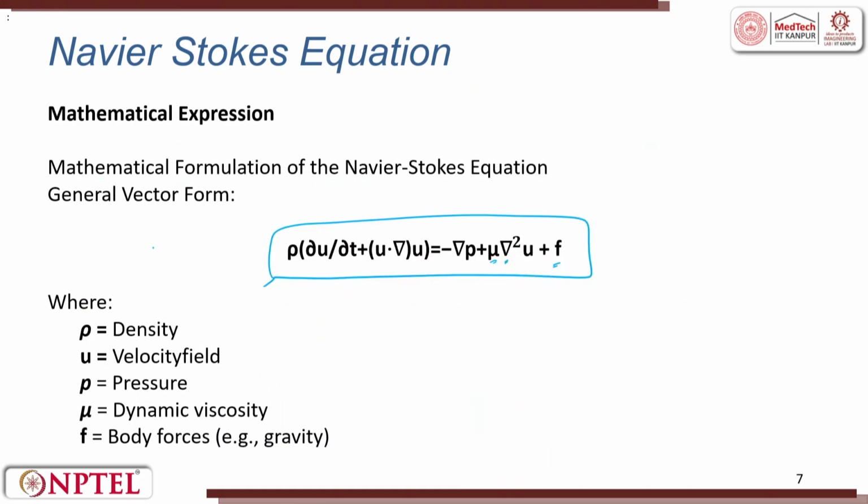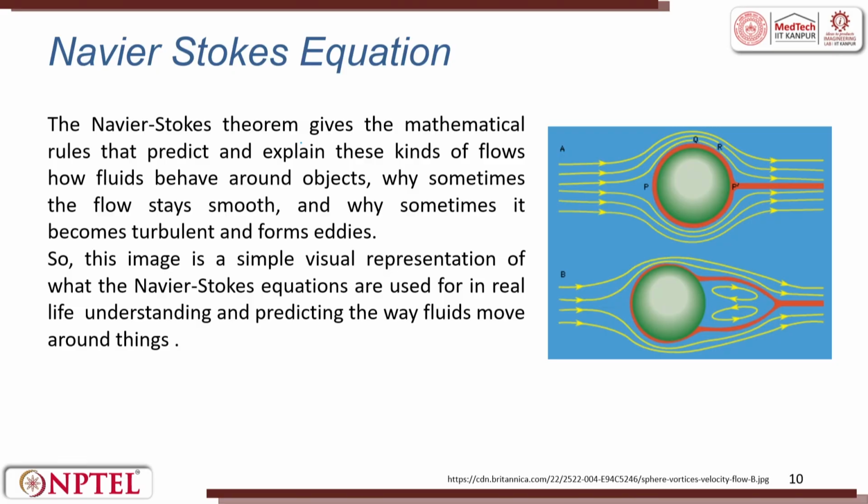So, that is what is given, force F. The Navier-Stokes theorem gives the mathematical rule that predicts and explains this kind of flow, how fluid behaves around the object. Instead of a circular one, if you have something like a serrated object and the air is flowing through it, what is the influence and how does it happen? It tries to tell why sometimes the flow stays stationary